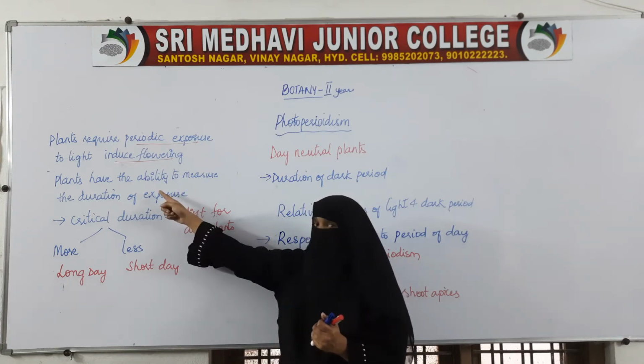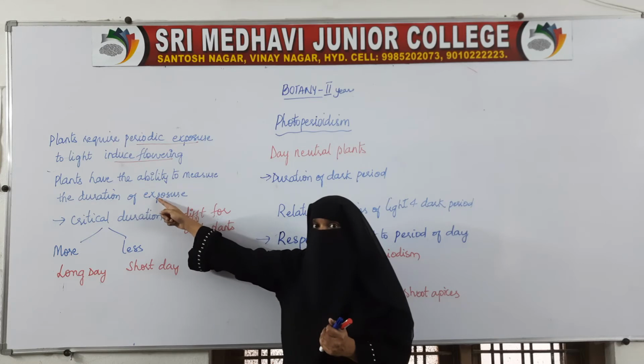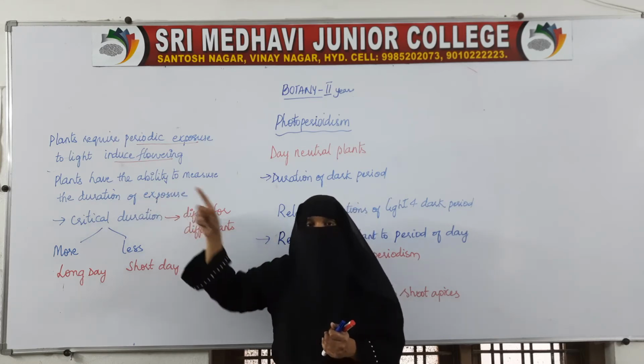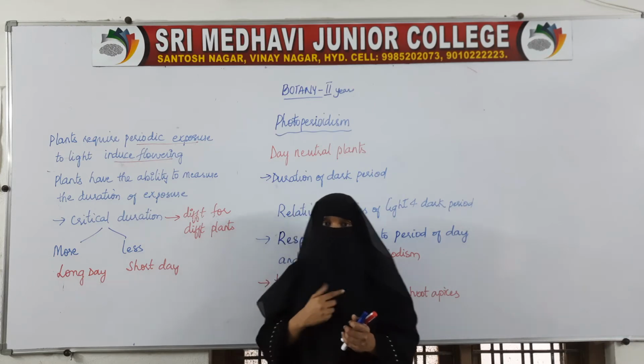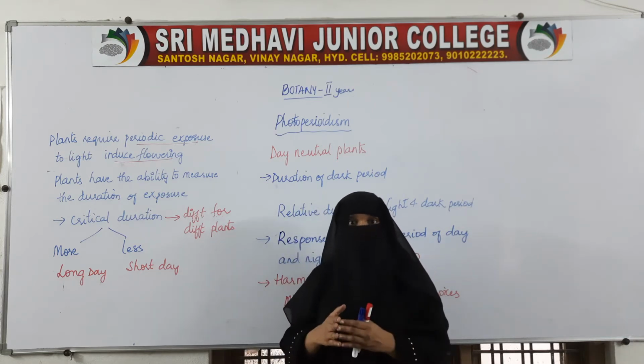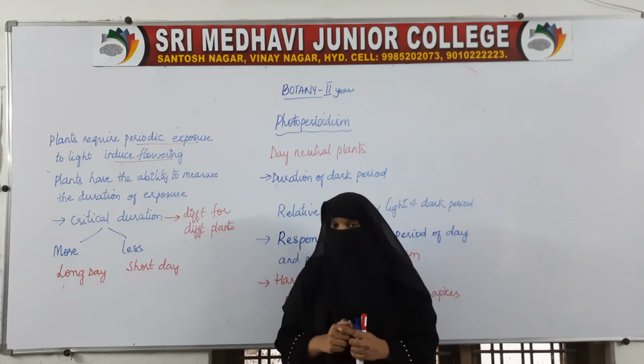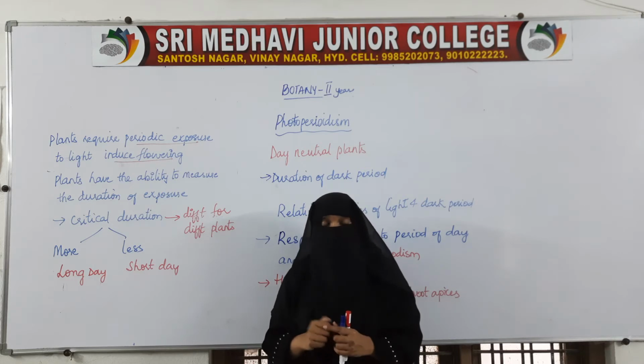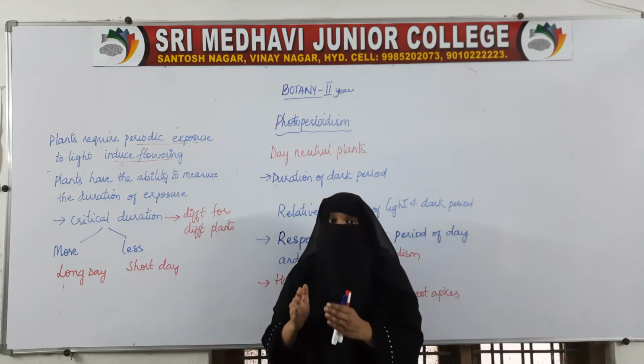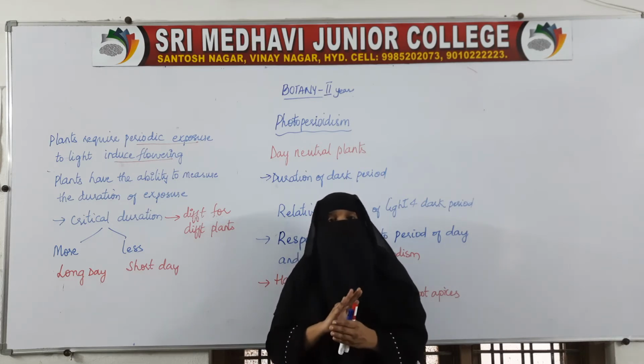They will detect whether they will be getting more than 10 hours of light or not. The plant has that ability, capacity. So, if they are sure that they will be getting that much light, then they will produce flowers. But if they are not sure that they are getting more than 10 hours of light, then they will not